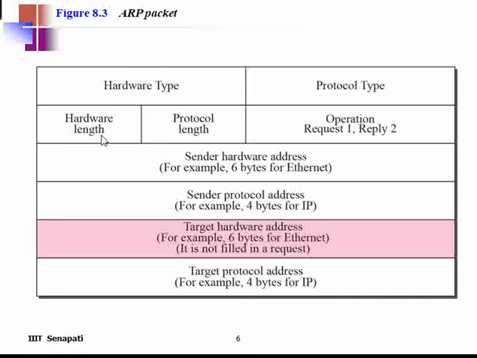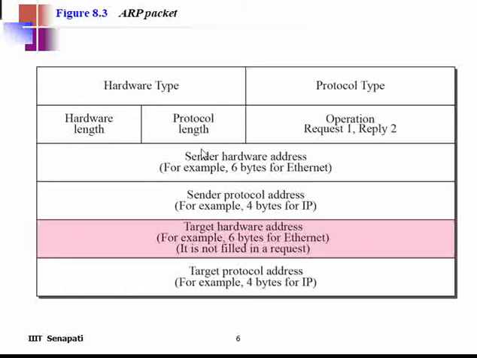Now the next thing is hardware length. This is an 8-bit field. This hardware length means the length of the physical address. Suppose it is for Ethernet, it is 6 bytes. So here the value will be 6. If it is another kind of network, then its address may be of a different size. In that case, that particular value in bytes will be kept here. So for 6 bytes of Ethernet, it will be 6 here.